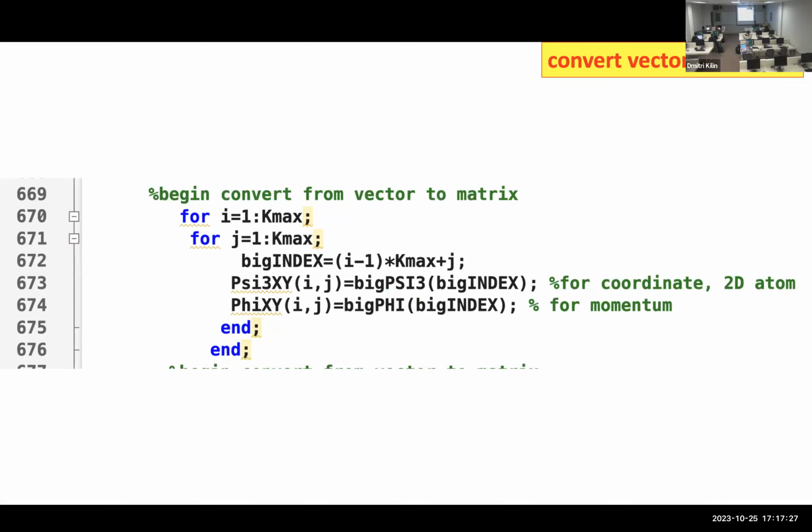And then in the previous cycle, we just invert the order. So it is the same conversion procedure, and then we assign the element of the one-dimensional array into the element of the two-dimensional map. So we can confidently convert between vector and matrix forwards and backwards.